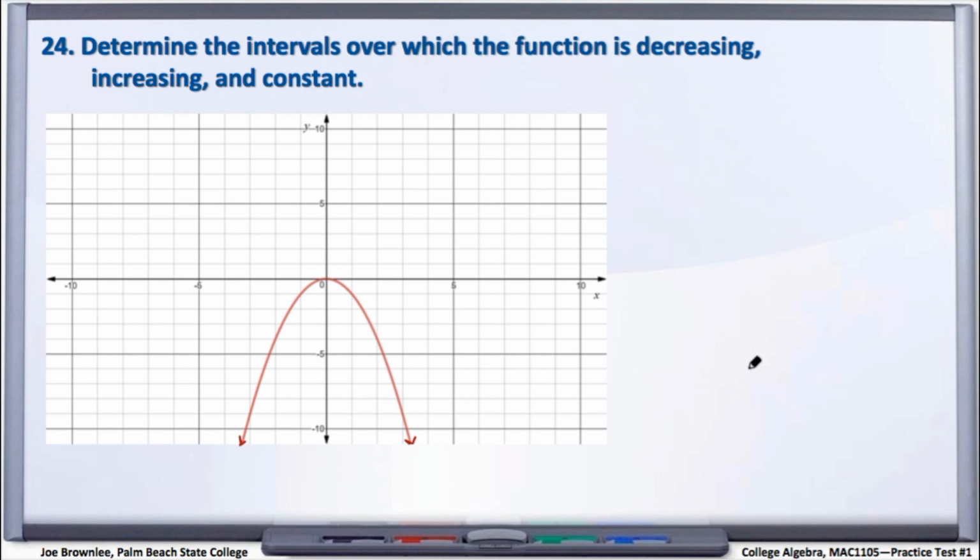All right, number 24 asks us to determine the intervals over which the function is decreasing, increasing, and constant. So with this question, the key question you want to ask yourself is, what is happening to the y values as the x values are getting larger? So here with our parabola, we can see that as the x values are getting bigger, so too are the